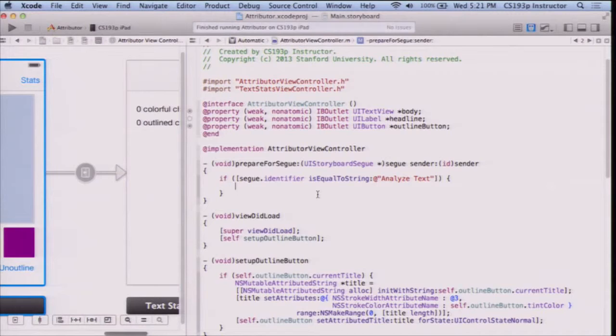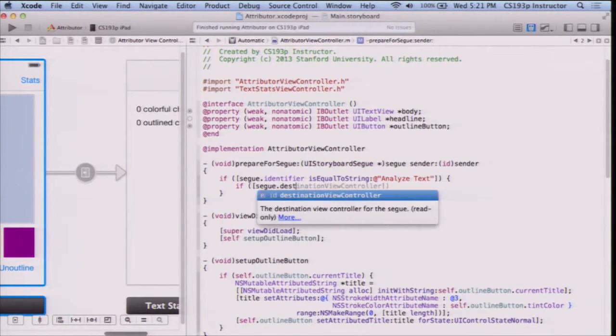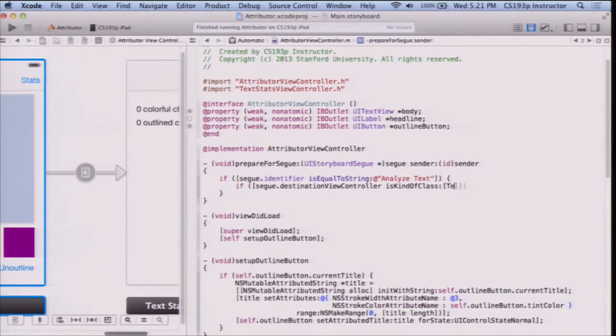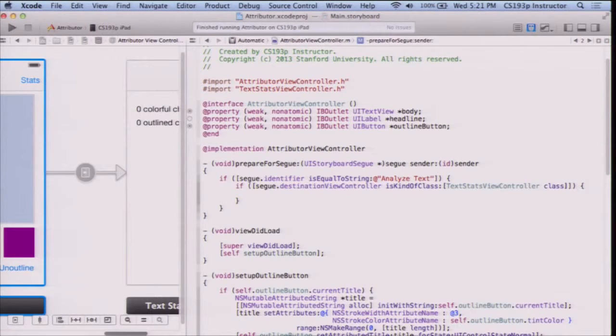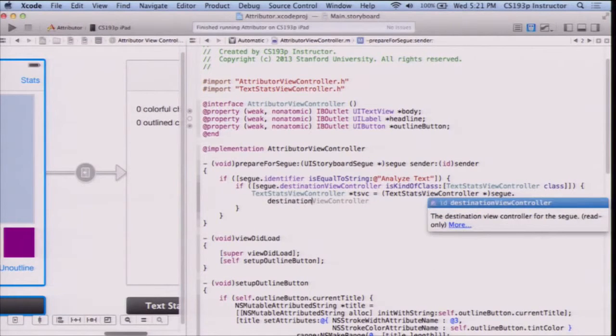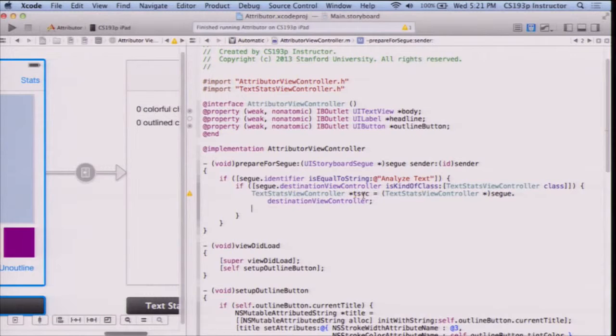So it's okay to do that, but I better make sure that the destination view controller that we're going to be segueing to is a TextStatsViewController. Okay, but if it is, then I'll create a little local variable here, textStatsViewController equals that. This is actually not necessary, what I'm doing right here, but I personally like to do it just because I like to have a local variable that I can do things like